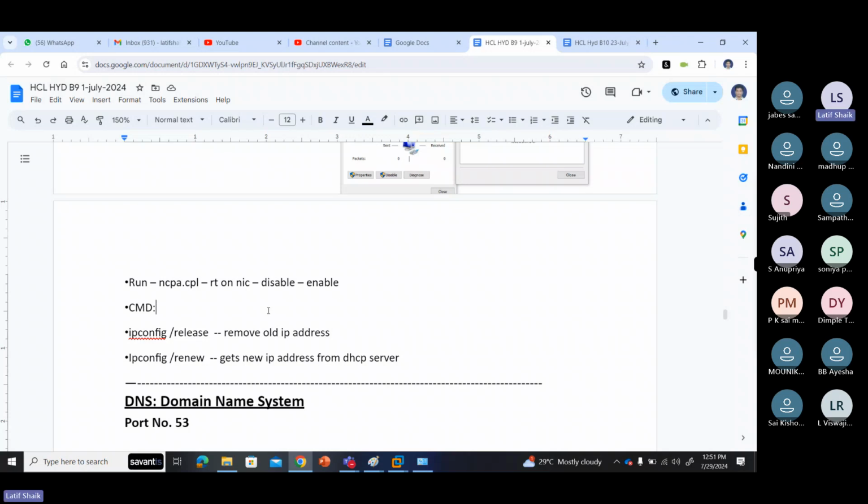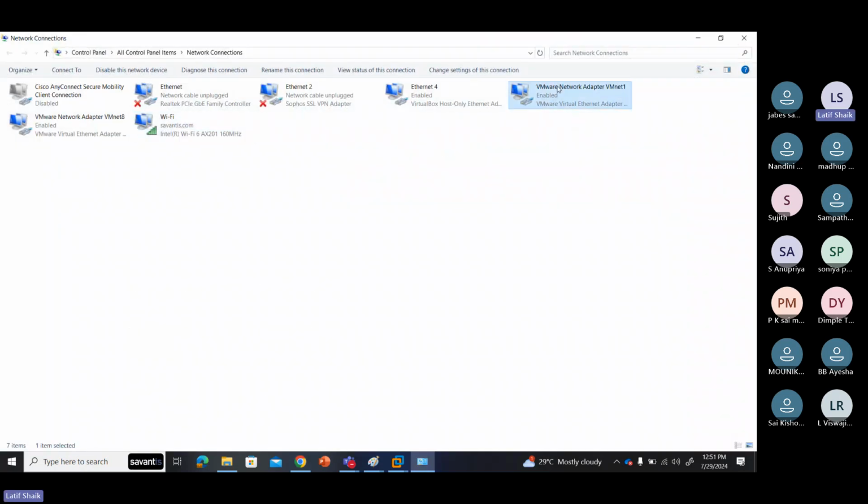Go to the adapter, enable and disable the adapter. So right click, disable it first, then right click, enable it. Some systems we cannot enable and disable. Why? Because of